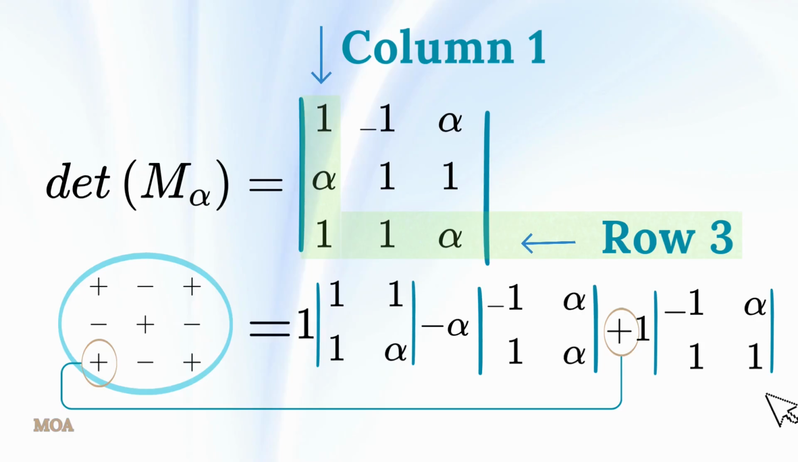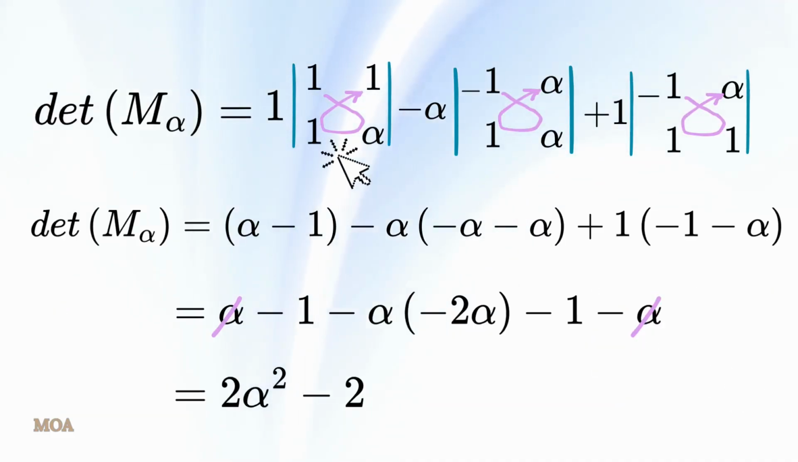Then finally, move to the third row, first column. Take 1 times +1 times the second-order determinant, -1, alpha, 1, 1. Now, let us evaluate each 2x2 determinant. The first 2x2 determinant, 1, 1, 1, alpha